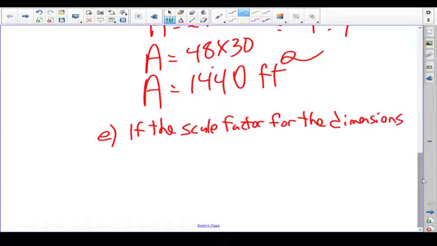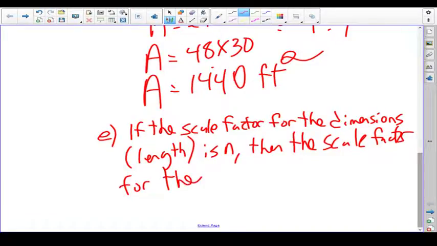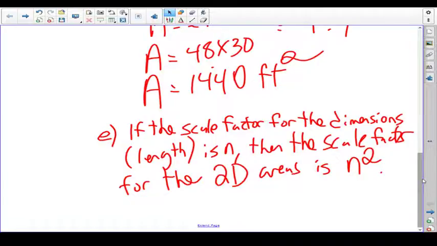for the dimensions, I'll put bracket length, is n, then the scale factor for the two-dimensional, which is today's topic, areas, is n squared. So we could be talking about a three-dimensional object, but talking about surface area, which is still a two-dimensional thought. Anything two-dimensional,